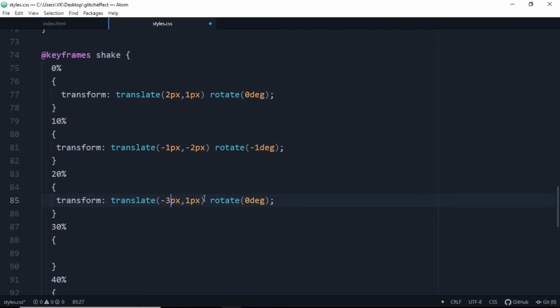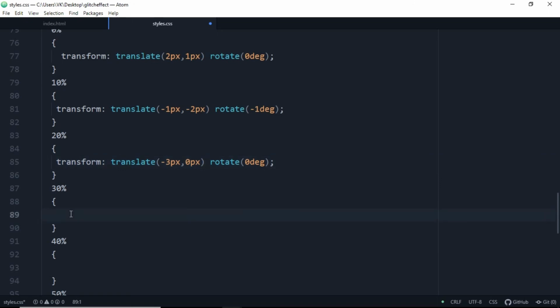We are just gonna change the values of translate and rotate between +3 to -3, and for rotation we are gonna do the same thing, that is 0, 1, 2 and 3 with some negative values between them. So what it does is the text is gonna rotate and shake at a quick speed, so it's gonna appear as a glitchy effect.